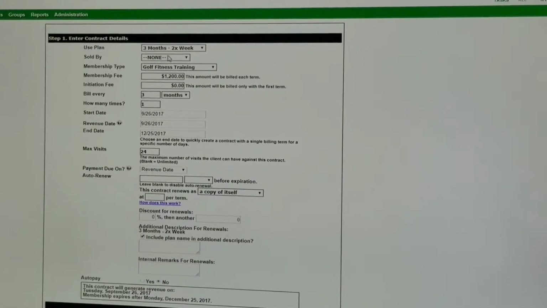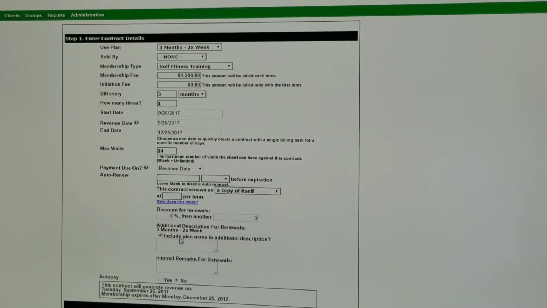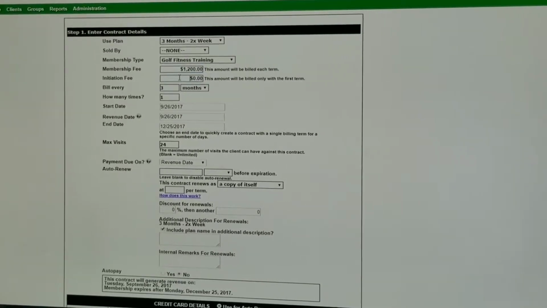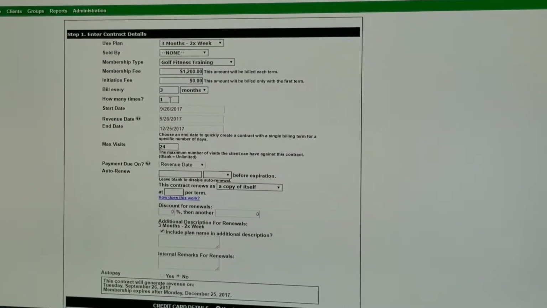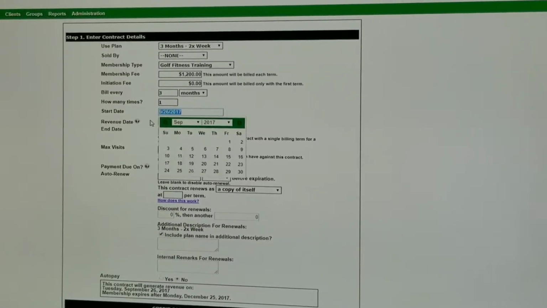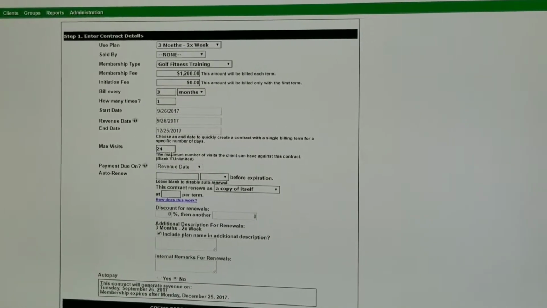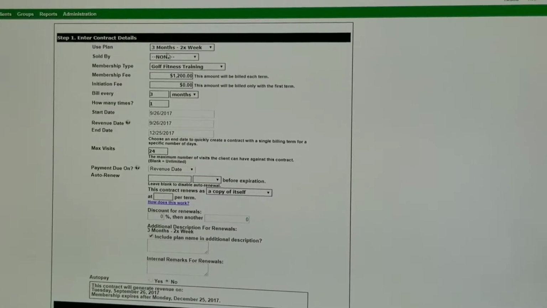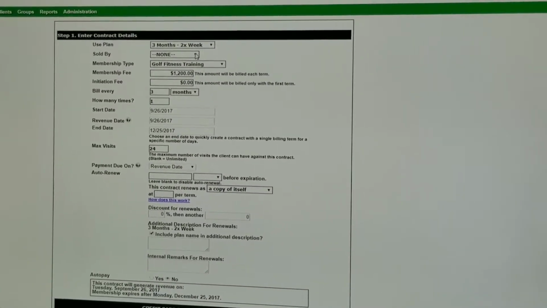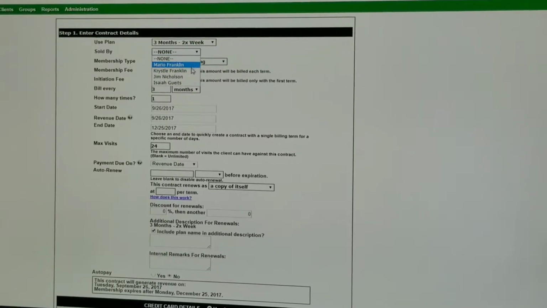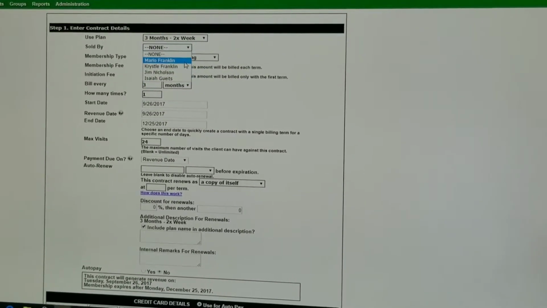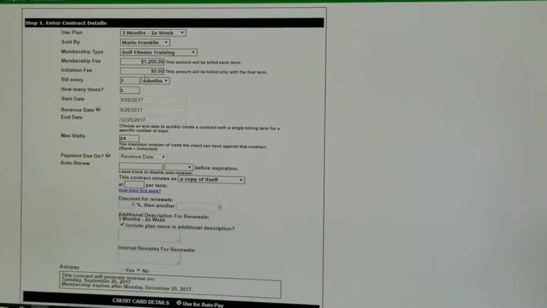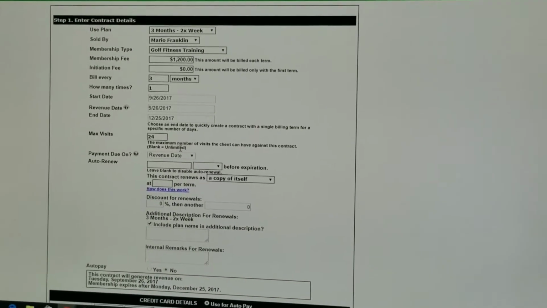So once you fill that out, it fills everything in for you. You don't have to do it. It goes into how much it is. There's no initiation. It's for 3 months. Starts on this date, ends on this date, how many visits they get, fills it all in for you. The only thing you'll want to make sure that you do so that you get credit for it is to make sure you fill in sold by. Okay? So once you fill in sold by, that means it will go to you. Then when you scroll down,